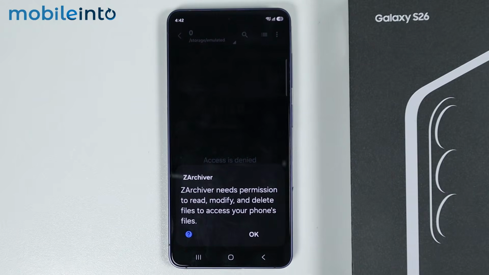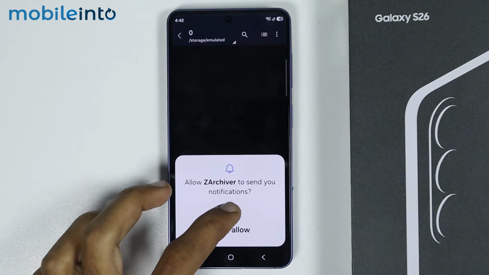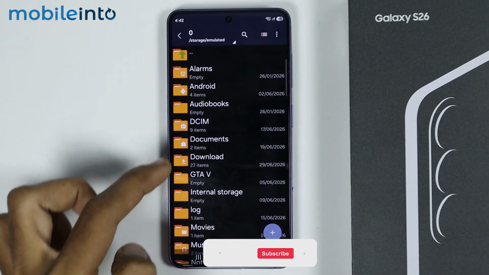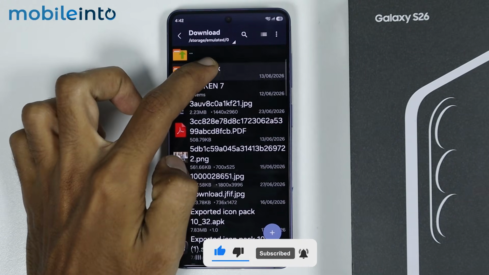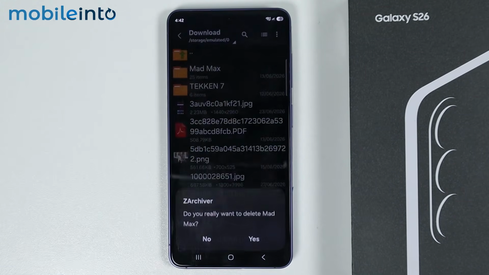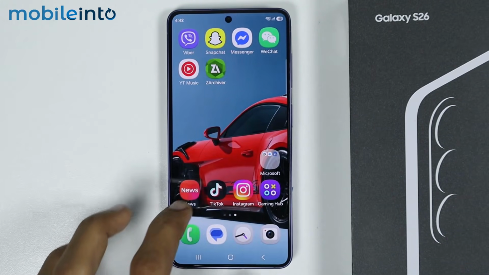Then tap on Open and select OK. Now just enable this toggle. Now after that, just go back and select Allow. Now from here, just open the Downloads folder, and in this folder, just select the file which you want to delete. For an example, I'll select this folder, then tap on Delete. Just select Yes. Now if we go back to the Settings app,